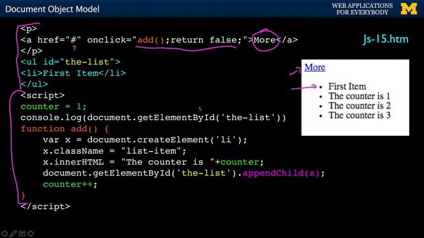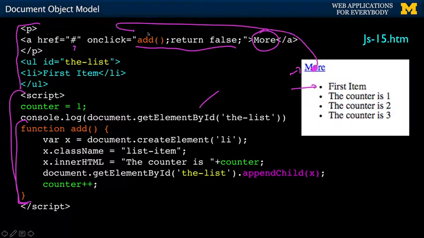We're going to do console.log just for yucks, and then we'll create this function called add. This function called add is going to be run every time we click on that. So it's going to click, run add, return false. Click, run add, return false. So every time we click on this, what it's going to do is a document create